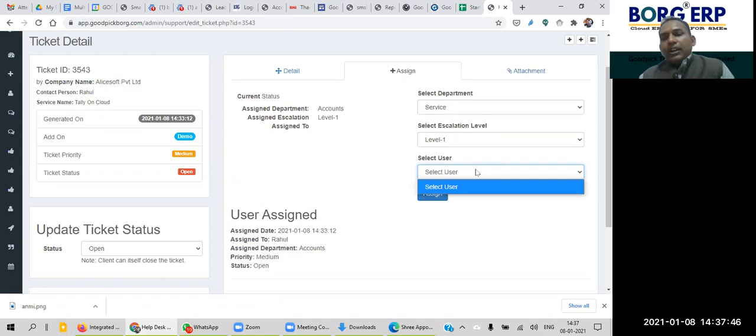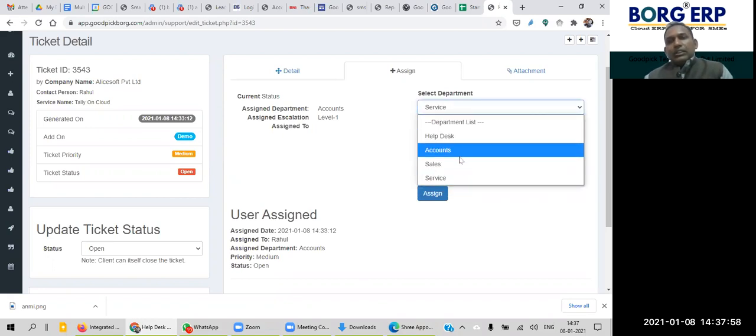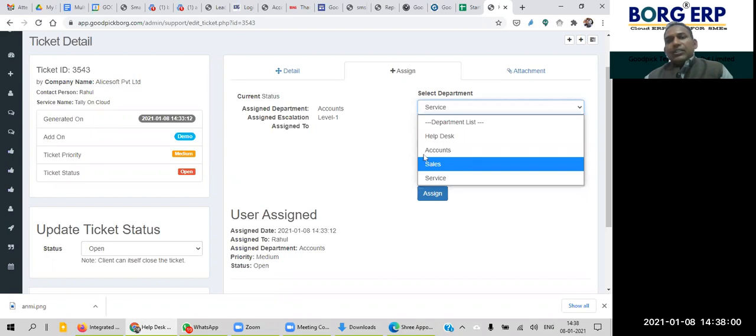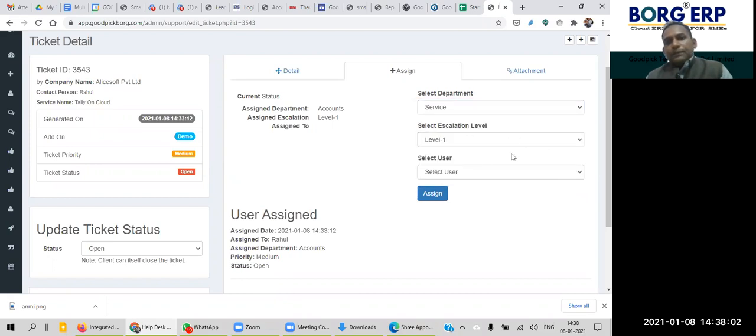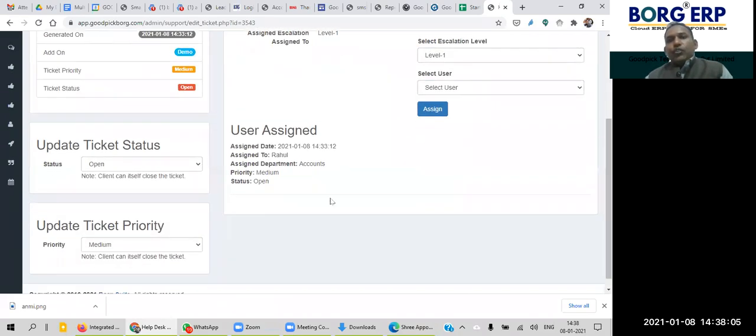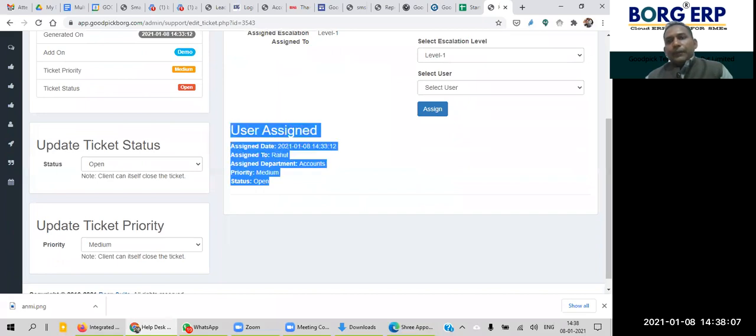None are coming, which means no person is available in service level 1 in this demo account. Similarly, you can assign to other departments or levels as per your requirement. All history of assignments will come here.